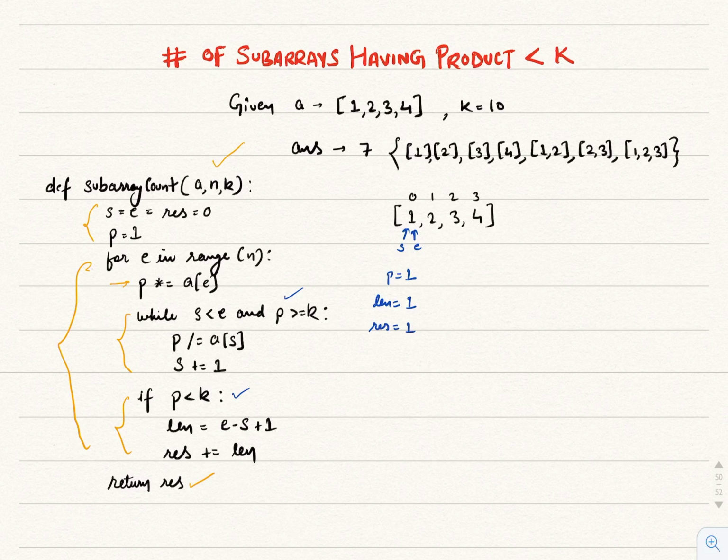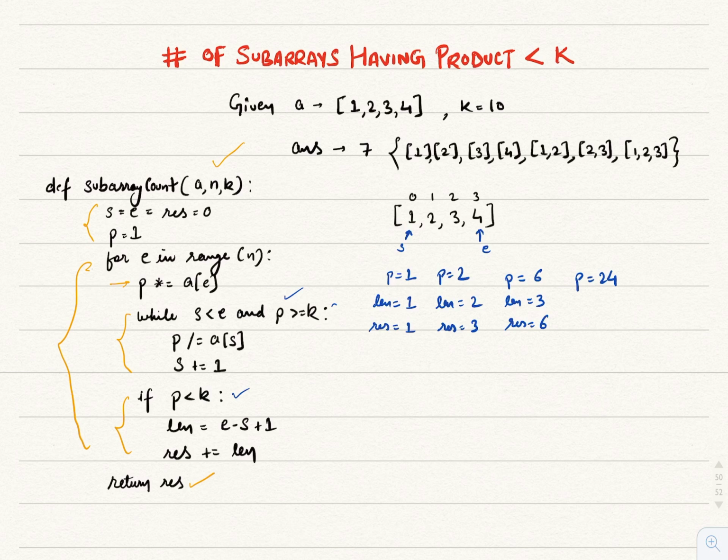Now E will get incremented to index 1. Now p will become 2, which is still less than k. So length will become end minus start, which is 1, plus 1, which is 2. So result will now become 3. Now end will again move to index 2. So p will become 2 into 3, 6. And length will become 3, which is end minus start, which is 2 minus 0, 2, plus 1, which is 3. And result will become 6. Now end will again increment. Now p will become 6 into 4,